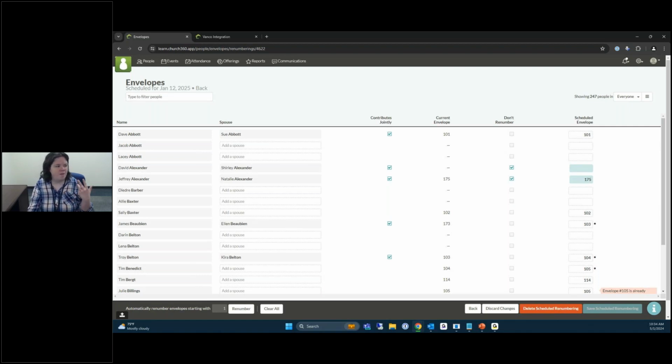So we kind of have these different aspects of offerings. We have the funds that we attribute them to. We have the pledges for people to give, and then we have the people's envelope numbers if we need to have them. And now that we have these kind of in place, now we can actually get into the offering entry process here. And to do that, on this top toolbar here, we'll have people, events, attendance, and then we'll